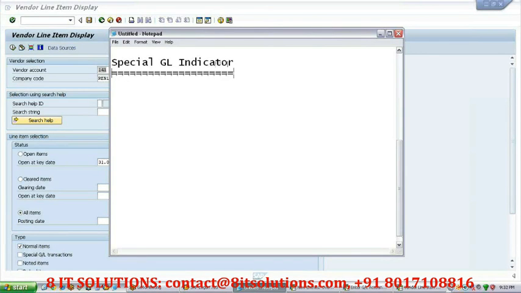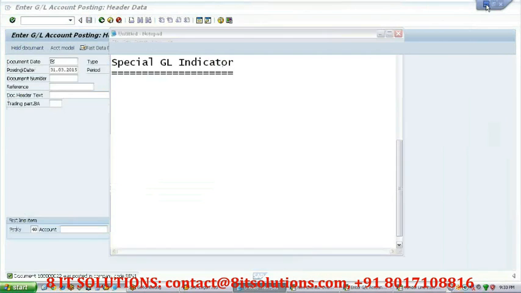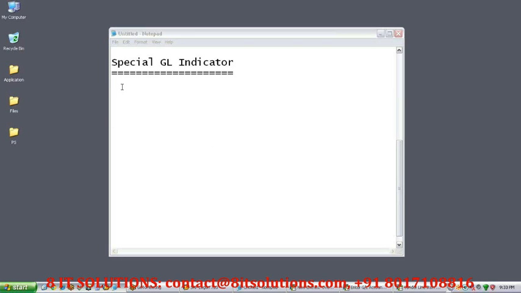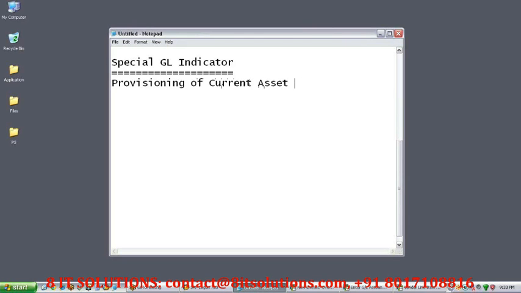Special GL indicator. What do you mean by special GL indicator? Special GL indicator stands for, well, from the financial aspect, a kind of provisioning of current asset.